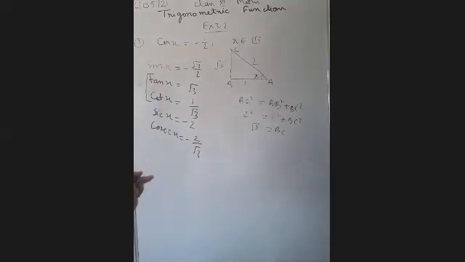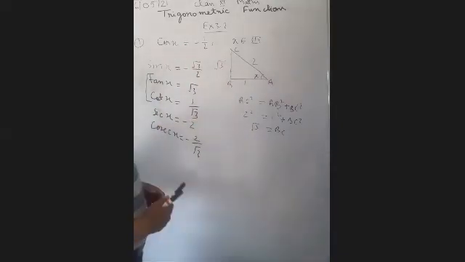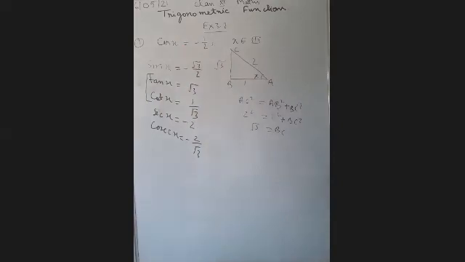Okay. What we have done, finding the third side, is related to your 10th class. After finding the value of the third side we can find the value of the other trigonometric ratios, but you have to take care about the sign. The sign is what I have told you in the quadrants: in which quadrant which ratio is positive and which are negative. After using that, you can write the other trigonometric ratios.